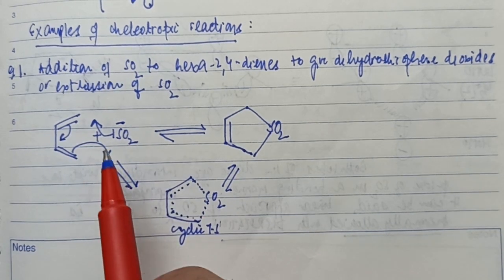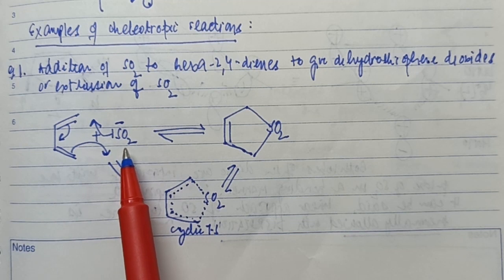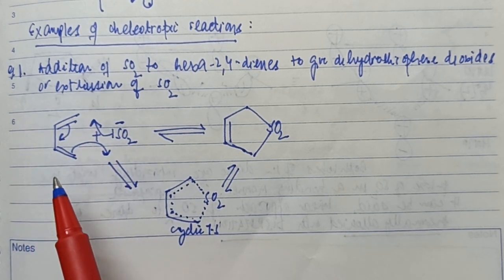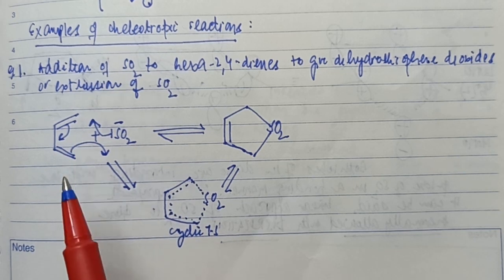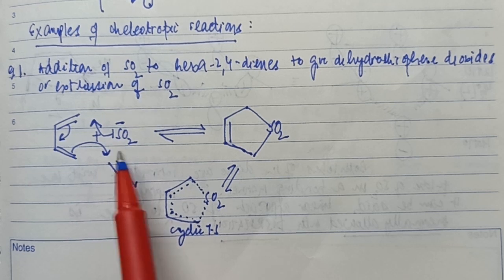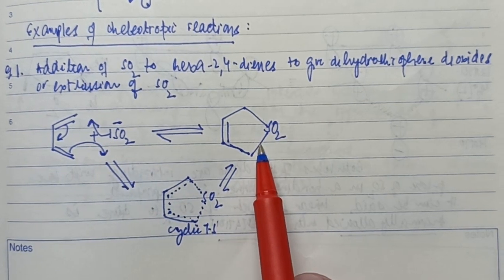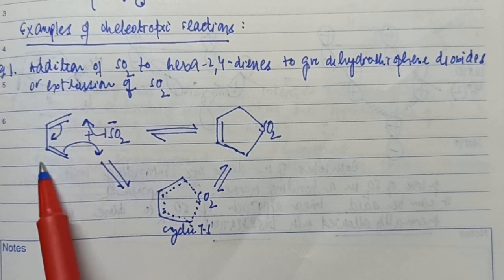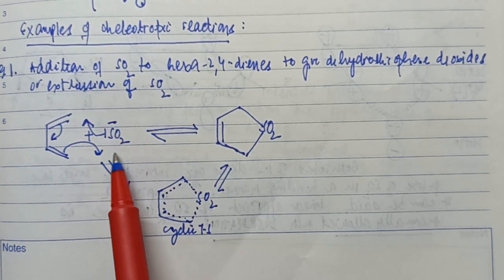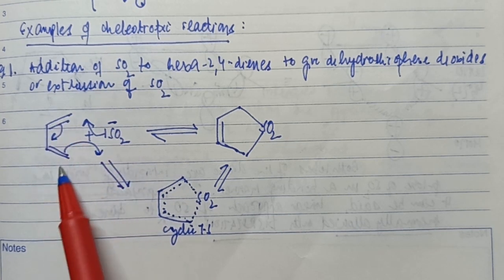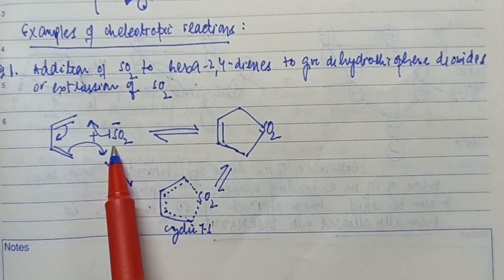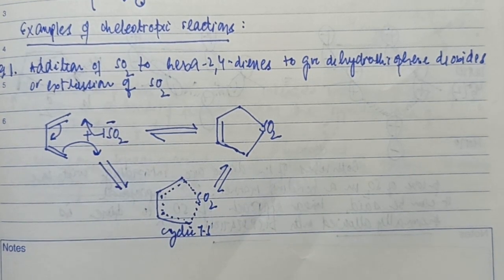For example, as in the case of this reaction, that is the addition of sulfur dioxide to diene. Again, this is a cheletropic reaction, which is a class of cycloaddition reaction, because both new sigma bonds are formed at the sulfur atom. So when two new sigma bonds are formed at one atom and the first component loses 2 pi electrons in the formation of product, and the second component also loses 2 electrons, in this case a lone pair of electrons, we categorize these reactions as cycloaddition reactions.